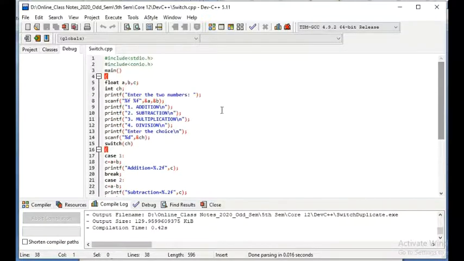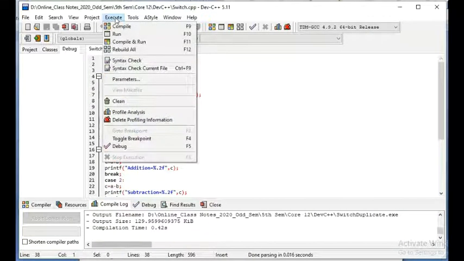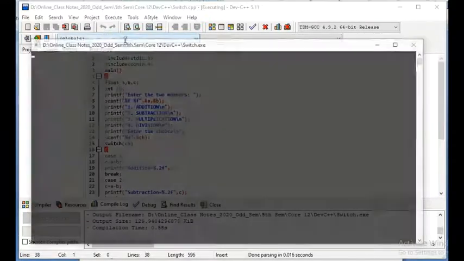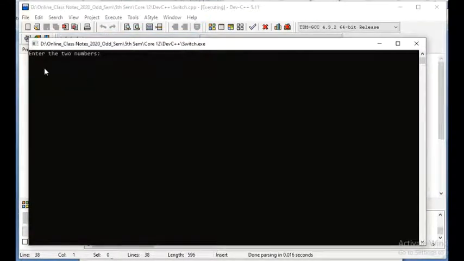So you can execute. First we compile. It is already compiled and stored in a folder. Then execute, run. Enter the two numbers. Suppose we have two numbers, 89 and 32. Now if we want addition, we will press 1. If we want subtraction, we will press 2.